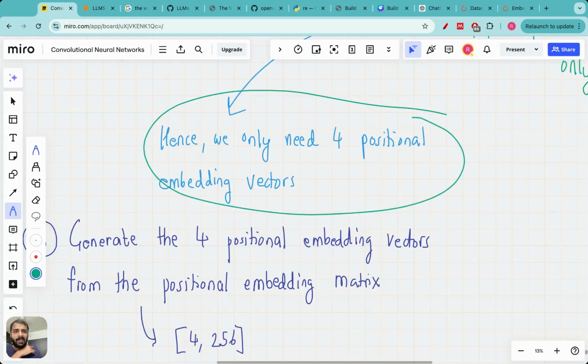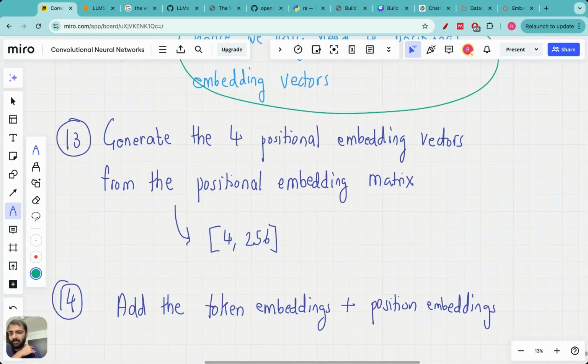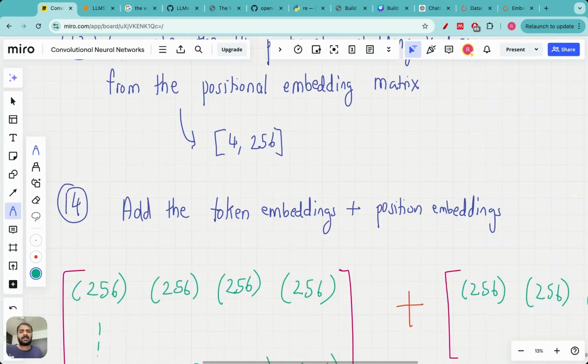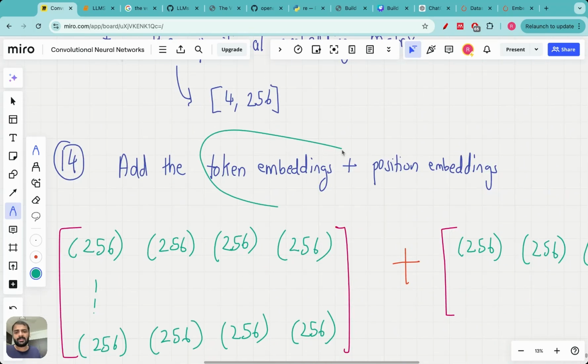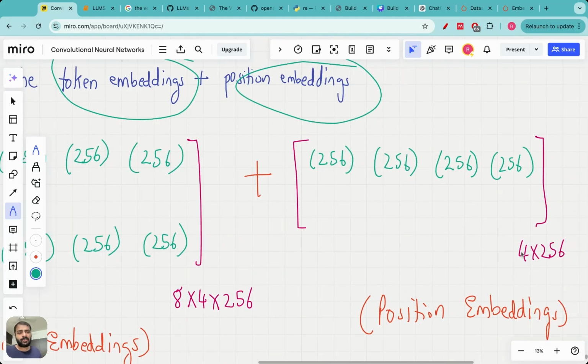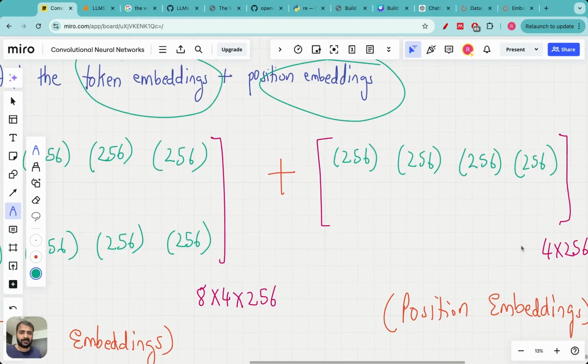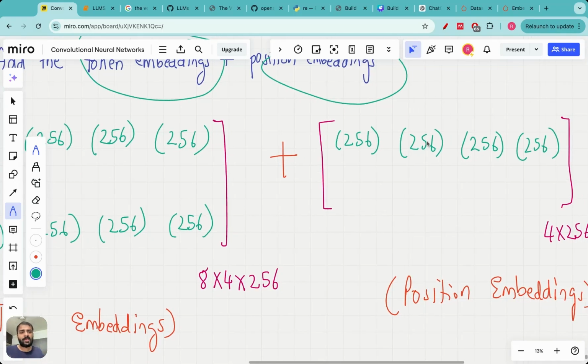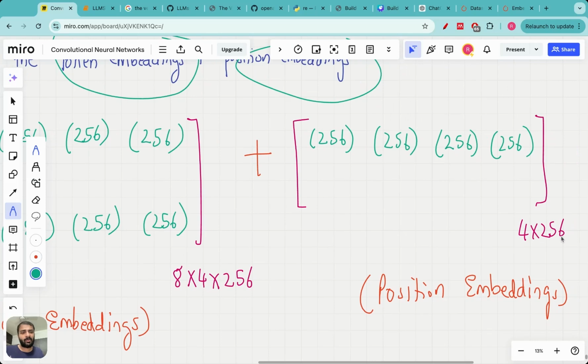And now after we create the positional embedding vector, so we create these 4 vectors. As the last step, what we have to do is that we have to just add the token embeddings to the positional embeddings. So the token embeddings, as we saw, is 8 by 4 by 256 tensor, and the positional embedding is 4 by 256. So you must be thinking how to actually add these. When you add these two in Python, it will do the broadcasting operation, which means it will convert these 4 by 256 into an 8 by 4 by 256 by duplicating these values